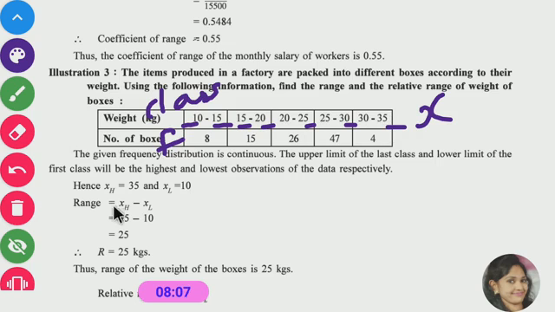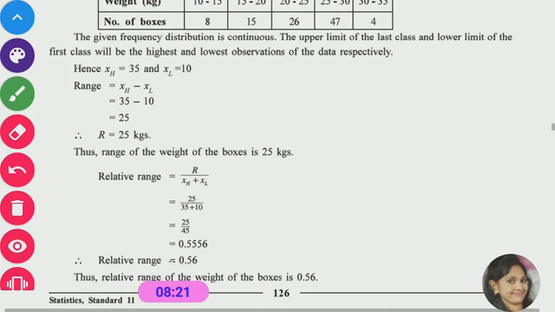So range is equal to XH minus XL, 35 minus 10 is 25. So R is equal to 25 kgs. This is the absolute range, so it is compulsory to write kgs. Now relative range is equal to R upon XH plus XL, 25 upon 35 plus 10. So 25 upon 45, the answer is